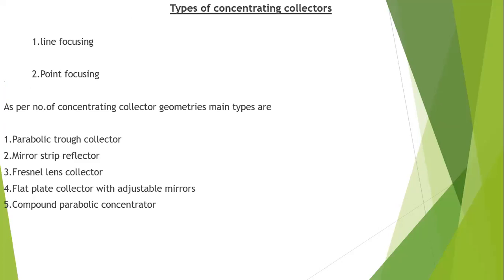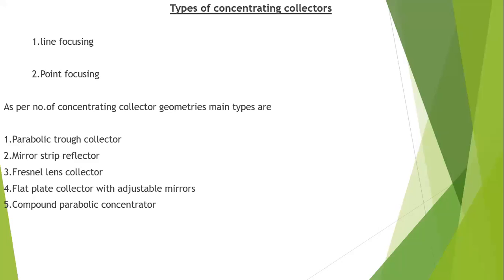So this line focusing collector has a collector pipe and the entire solar radiation is focused onto a line, and onto the line a collector pipe is connected and entire solar radiations are collected by this collector pipe. Next, point focusing means, as the name itself indicates, that entire solar radiation is focused onto a point. So a small volume through which the heat transport fluid flows is a point here.